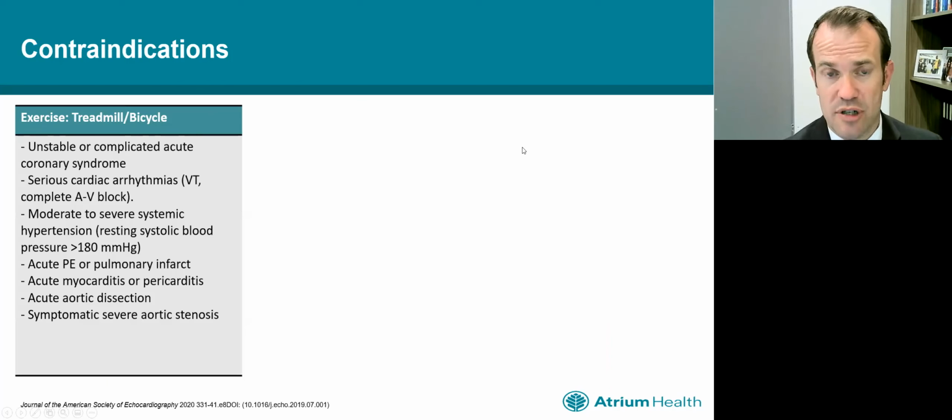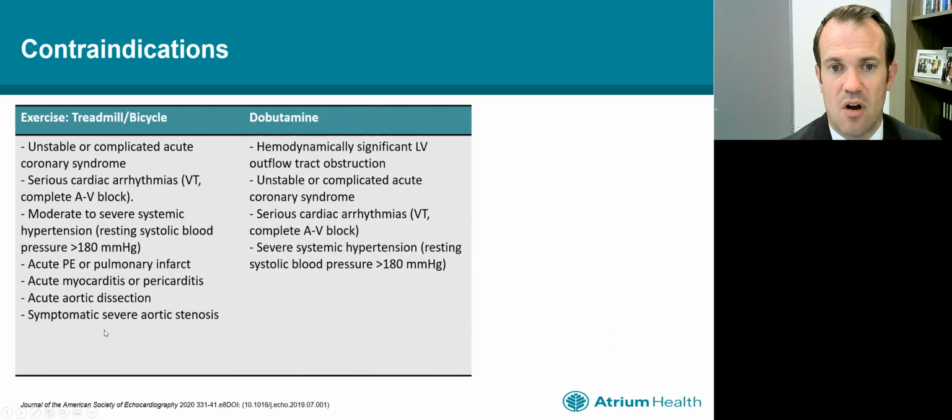We need to know the contraindications to stress testing, and so we shouldn't be doing treadmill or exercise testing in people who have had unstable or complicated acute coronary syndrome, if they've got serious cardiac arrhythmias, significant resting hypertension, and the number to keep in mind is greater than 180 millimeters of mercury. If they've had an acute PE or pulmonary infarct, acute myocarditis or pericarditis, acute aortic dissection, or symptomatic severe aortic